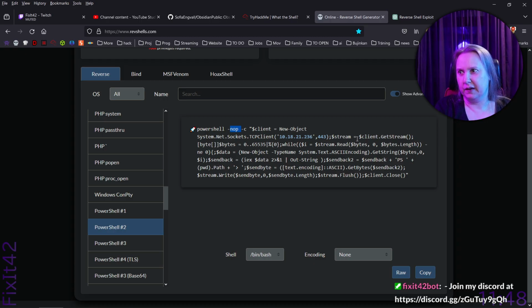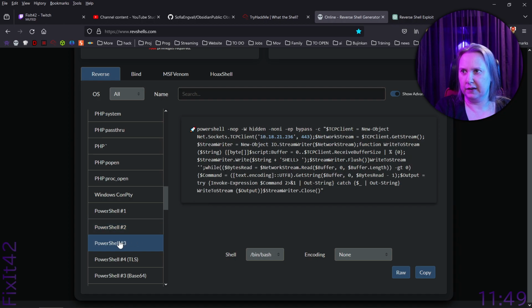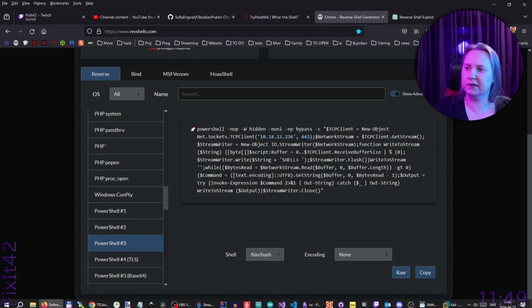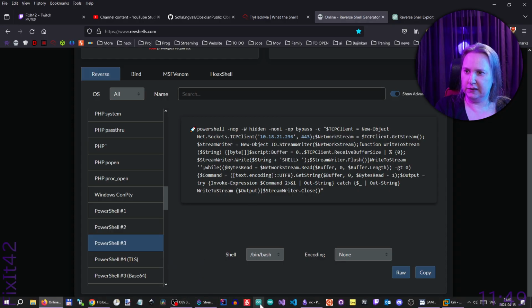Yeah, and it ends with the client close. This is the one with the PS and everything here. Also send back too. So this is exactly the one we had. And then we have another one. PowerShell NOP W hidden NonI EP bypass. See, I'll have to try this one because in my